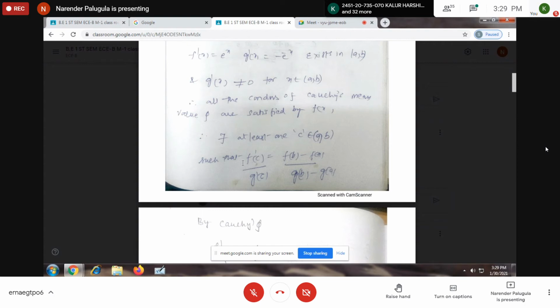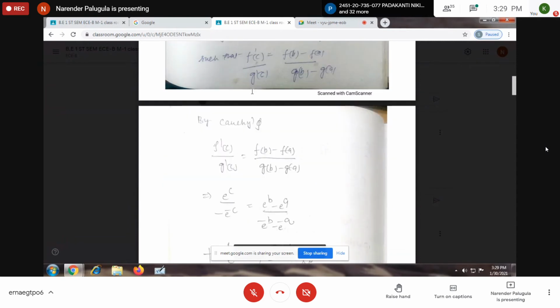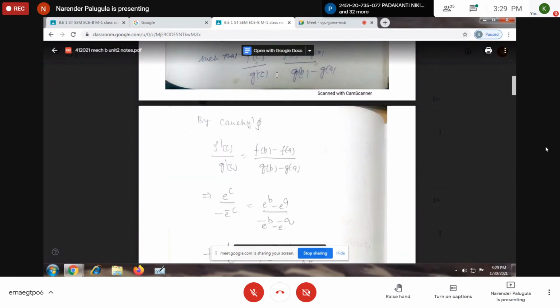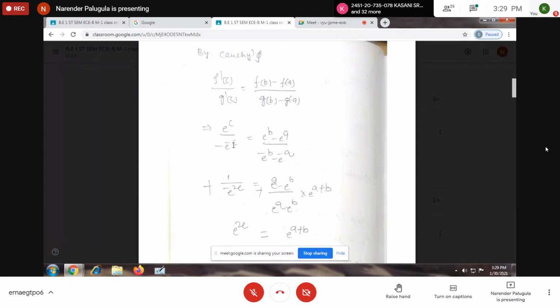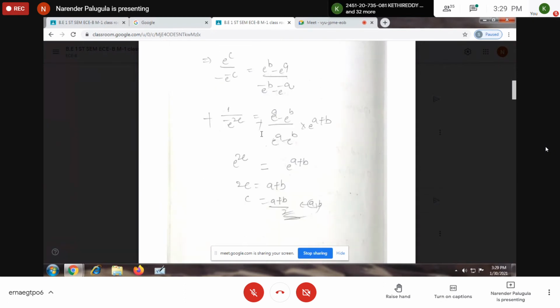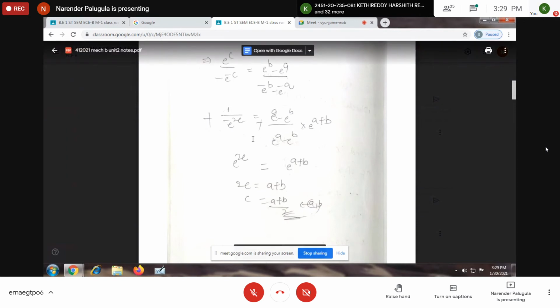Now what is the conclusion? We can take the conclusion as granted. That is, there exists at least one point c belonging to AB such that f dash c by g dash c is equal to f of b minus f of a by g of b minus g of a. Now substituting the values on the left hand side and right hand side, we get e power c by minus e power minus c is equal to e power b minus e power a by e power minus b minus e power minus a. Now simplifying on both these sides, we get,